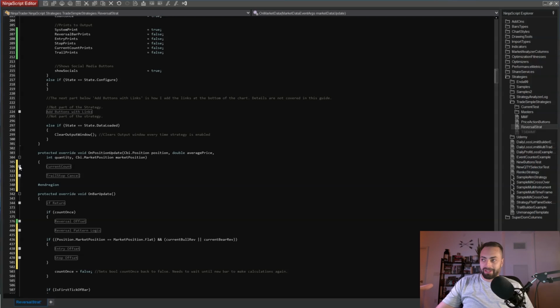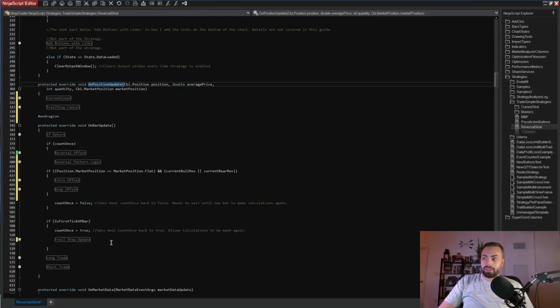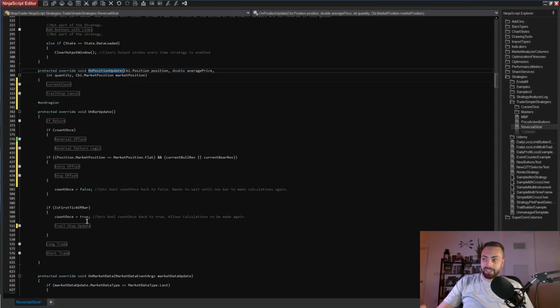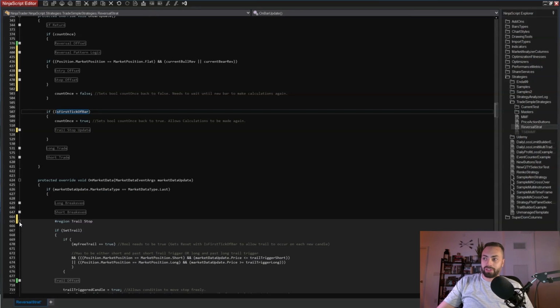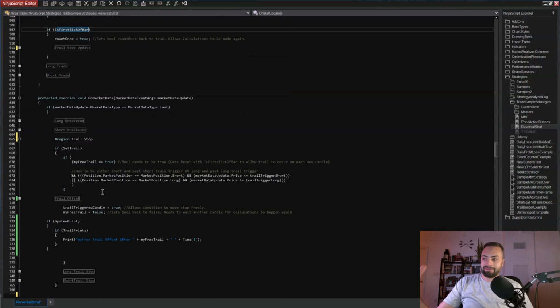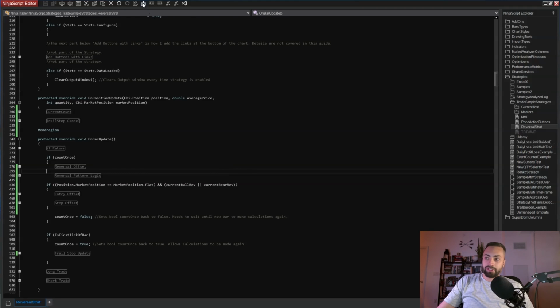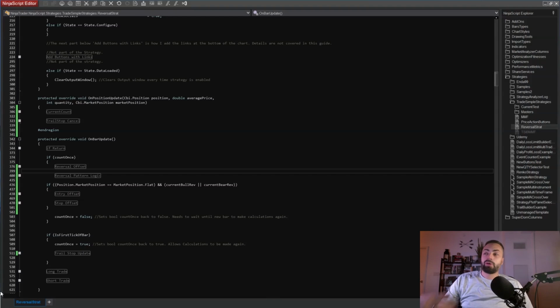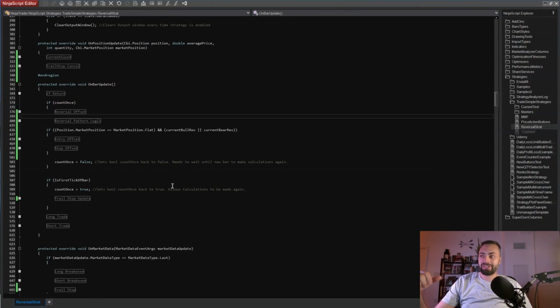Okay, so we added a new region for the current count and the trail stop on the on position update. Then just the trail stop update for the first tick of bar. And we also hid our trail stop into its own section, so you can expand it and see what you need to see from here. So we're going to hit compile, and then we can move on. Okay, so now that we have all that set, and in my opinion, a much cleaner chart, let's go through